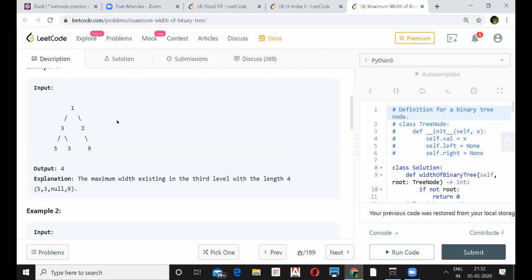We have a queue, and at each level we get the size and keep the max size. Max size, that's true, but how will you count nodes at each level? I think you'll have to take the index, right? Oh yeah, index too.